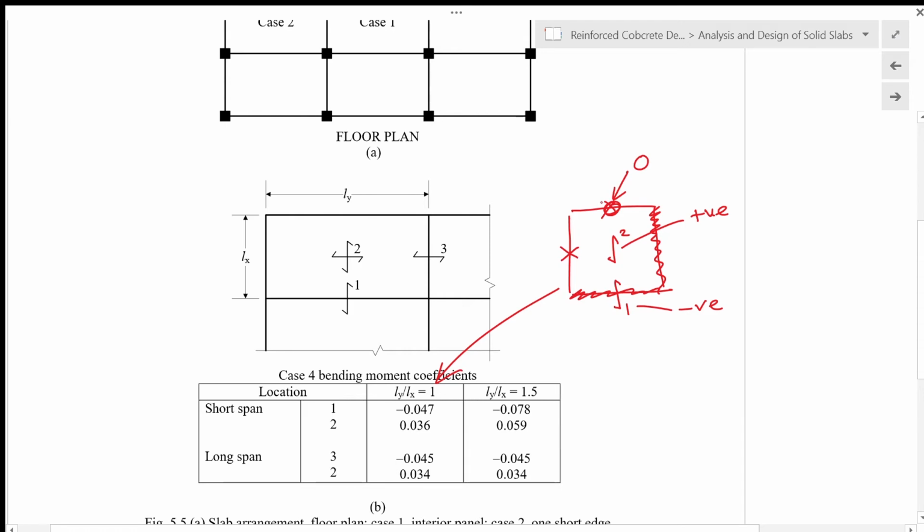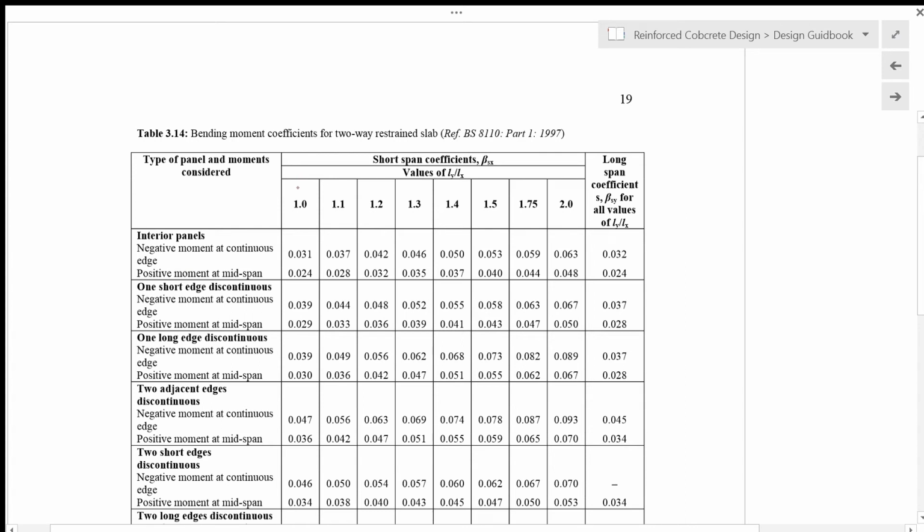By referring to table 3.14, for a square panel we look at this column here where Ly over Lx is equal to 1. And then we have these two adjacent edges discontinuous, so we look at this row here. So for MSX we use beta Sx. Beta Sx for Ly over Lx equals 1